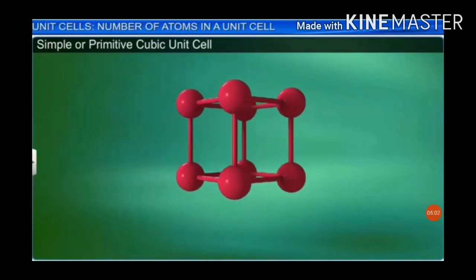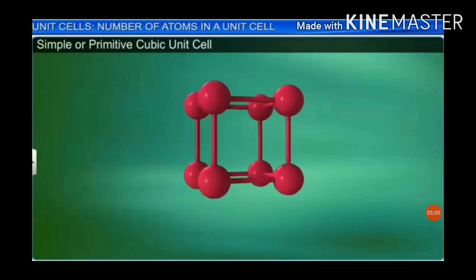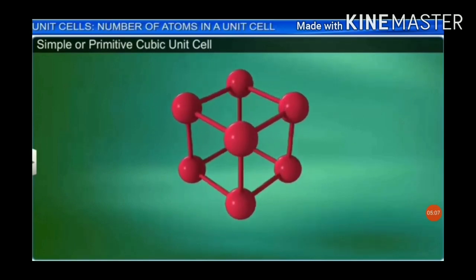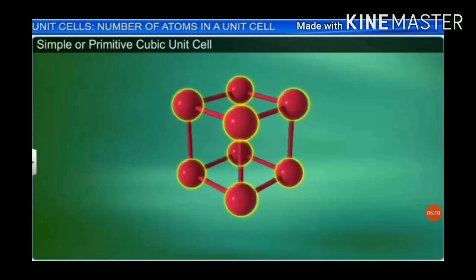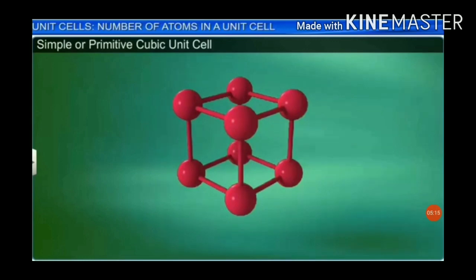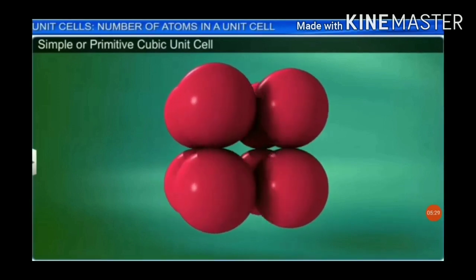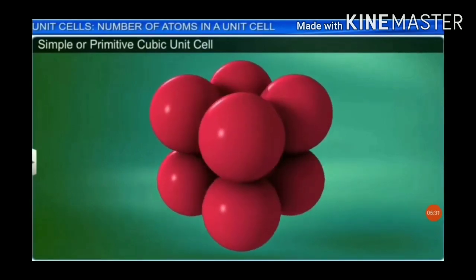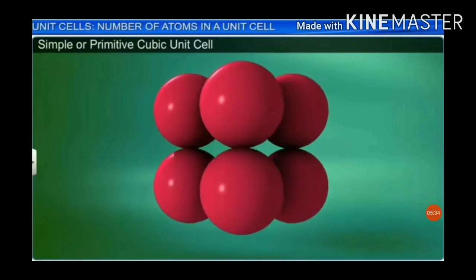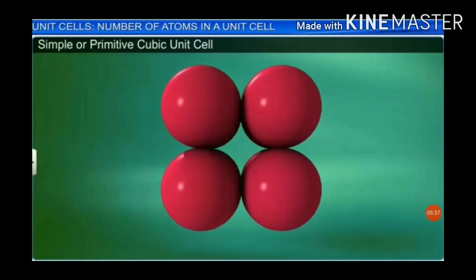In this unit cell, it has atoms only at its corner. Each atom in a corner is shared between 8 adjacent unit cells. In simple cubic lattice, 8 atoms are present at its 8 corners. In open structure shown here, the distance between the atoms are greatly exaggerated. But actually, the atoms are packed much more closely together as shown in the space-filling model.